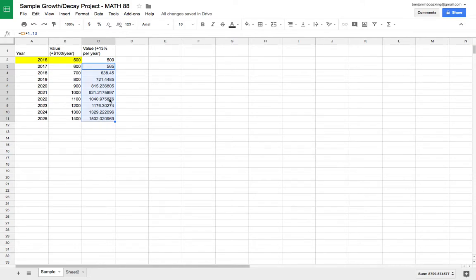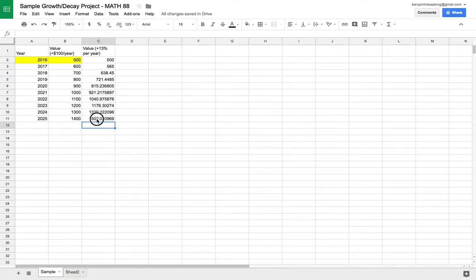So in the end, this year here points back to just the year before it. And so we have this formula. We don't want to point over the other column, because now what do we have? We have each column describes two different ways of looking at how the investment value is going to